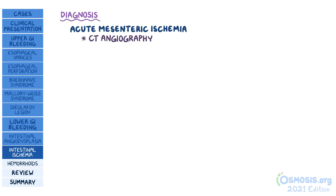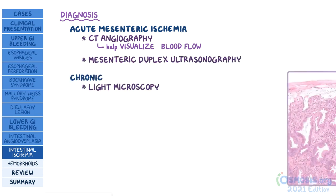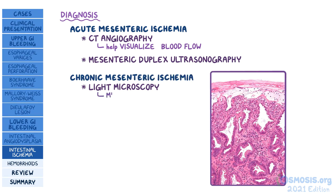The gold standard in the diagnosis of mesenteric ischemia is CT angiography because it can help visualize blood flow, but the preferred method is mesenteric duplex ultrasonography. On light microscopy, chronic mesenteric ischemia features intestinal mucosal atrophy and loss of villi, along with atherosclerotic changes in the